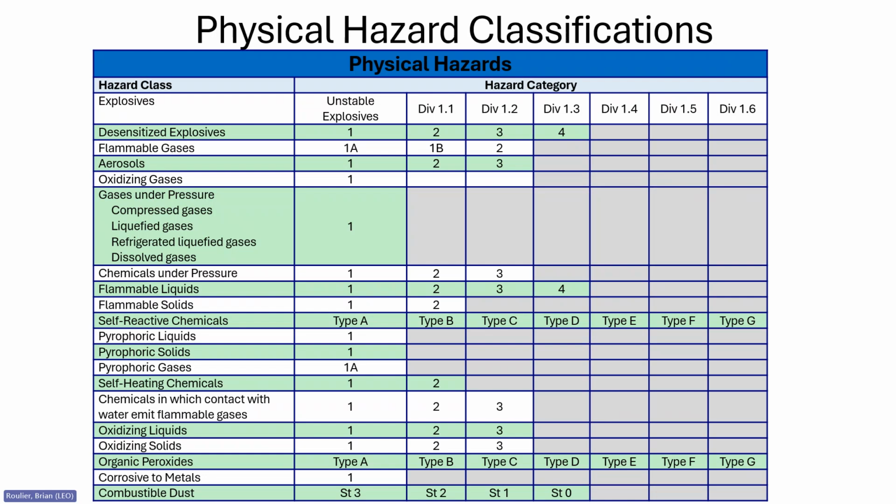Self-reactives, which are unstable chemicals which may undergo strong heat-releasing decomposition even without oxygen. Pyrophoric liquids and solids, which are chemicals which may ignite within 5 minutes of coming into contact with the air. Self-heating chemicals are those which are able to react with air to produce heat. These chemicals will only ignite when in large amounts or after long periods, such as hours or days after exposure